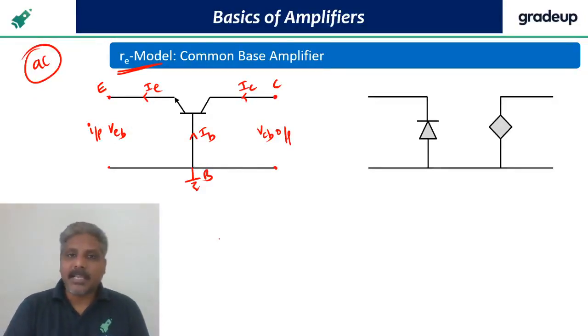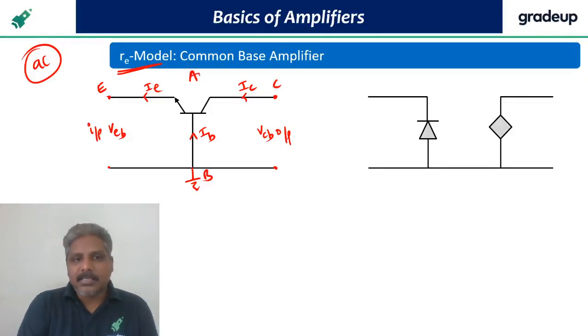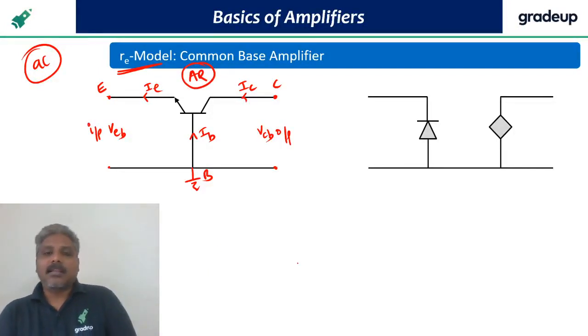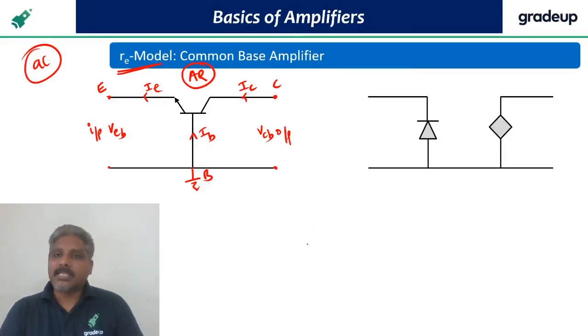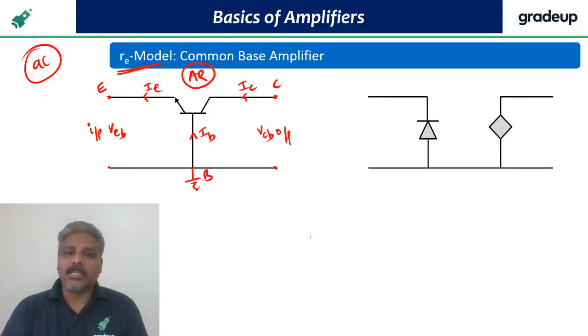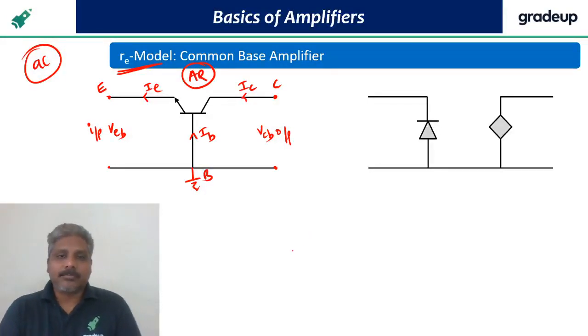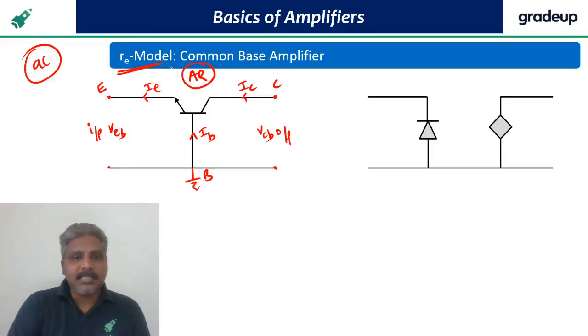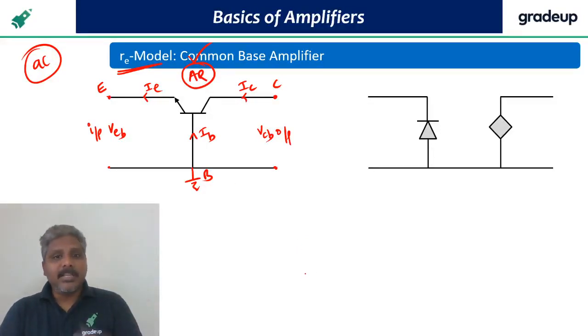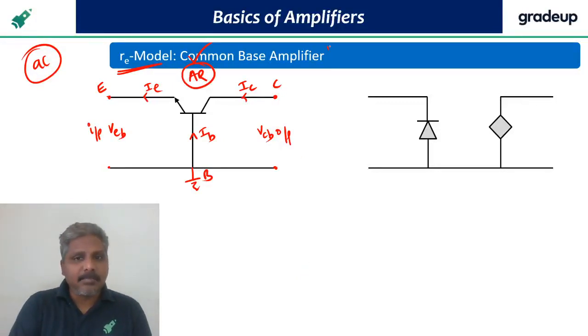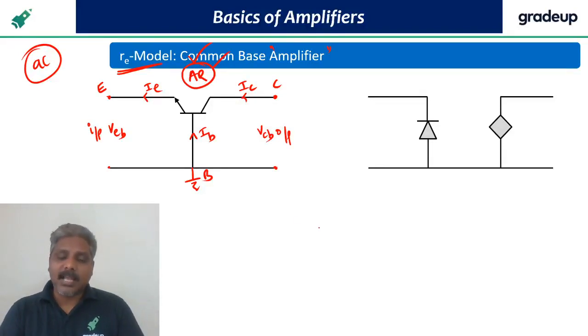I am giving this explanation assuming that my transistor is already in active region. I know already how to put it in active region, maybe self bias and all. I am not showing the biasing circuit here intentionally because I don't want to confuse you by showing biasing as well as amplifier both. I am assuming that the transistor is in active region here. If it is not in active region, I cannot say it is an amplifier, is it not? But I already know how to put it in active region. We have discussed that in the last classes. Maybe with fixed bias, maybe with collector based bias, maybe with emitter bias, whichever I like, I can use it.